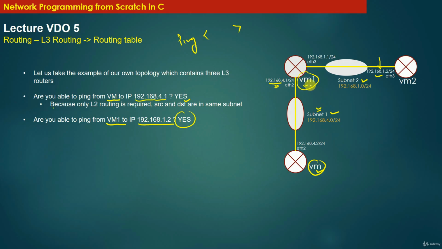So this is the case where you are trying to ping a destination machine and that destination machine is in the same local subnet as the source machine. So only L2 routing is required to ping a neighbor which is present in the same subnet as the source machine, right? So layer 3 routing is not required whenever you need to ping a neighbor. The ARP protocol alone is sufficient to ping a destination machine which is present in the same local subnet as a source machine, right? So now going forward,